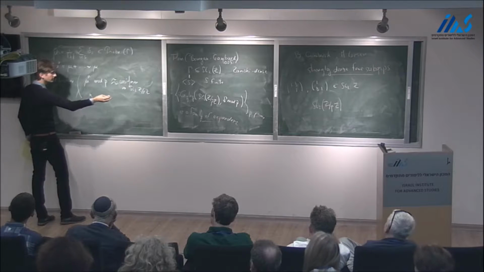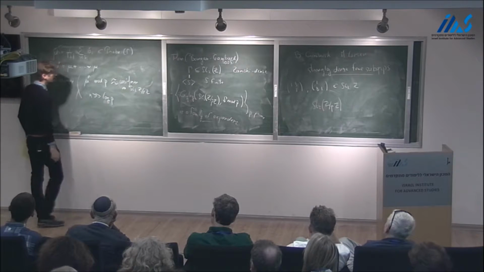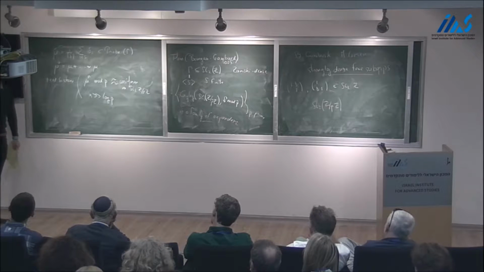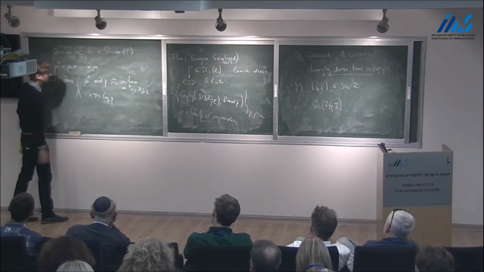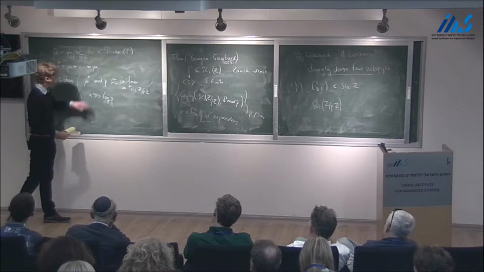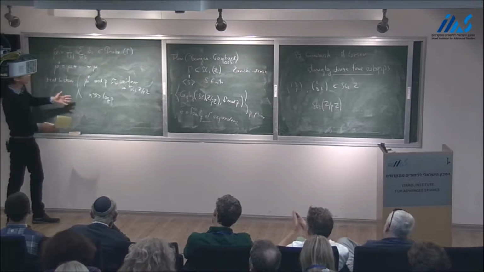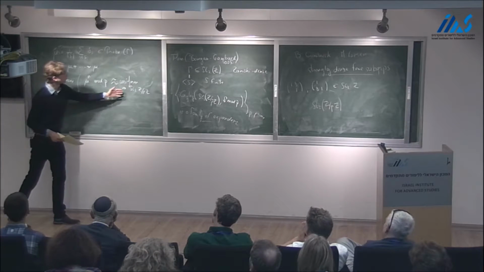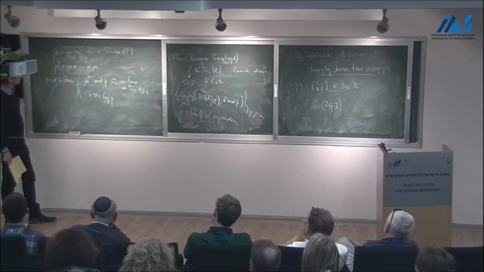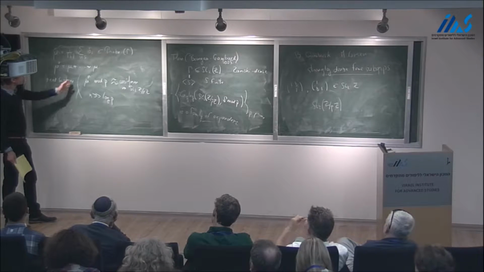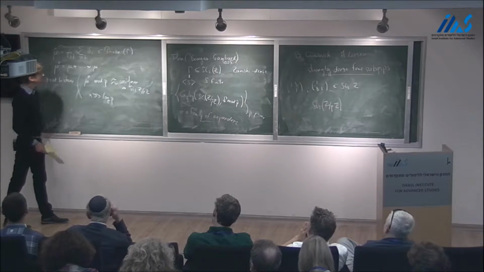In order to get the spectral gap, you need to show that this happens when n is basically at least log p, which is the minimal speed at which you can reach equidistribution. Because if n is less than log p, then you're not even going to cover the whole group. The diameter of the group is at least log p. So it's equivalent to showing that you have an expander, and to show this,